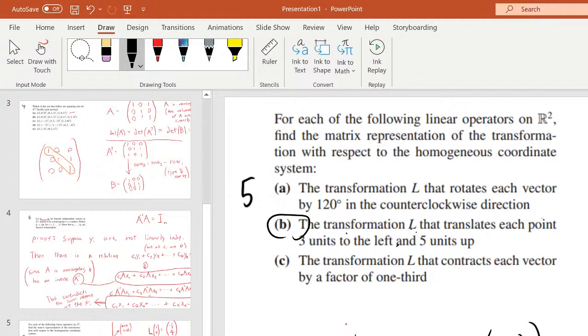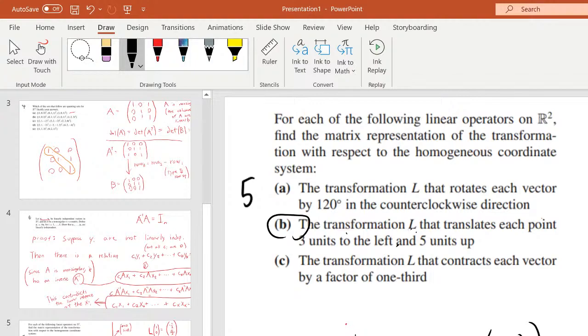But if we think of points in R2 as vectors, like this, then we can actually model L by a matrix. And here's how. What we do is we simply note that if we write down the matrix A, in this case, it's going to take X to itself, it's going to take Y to itself,